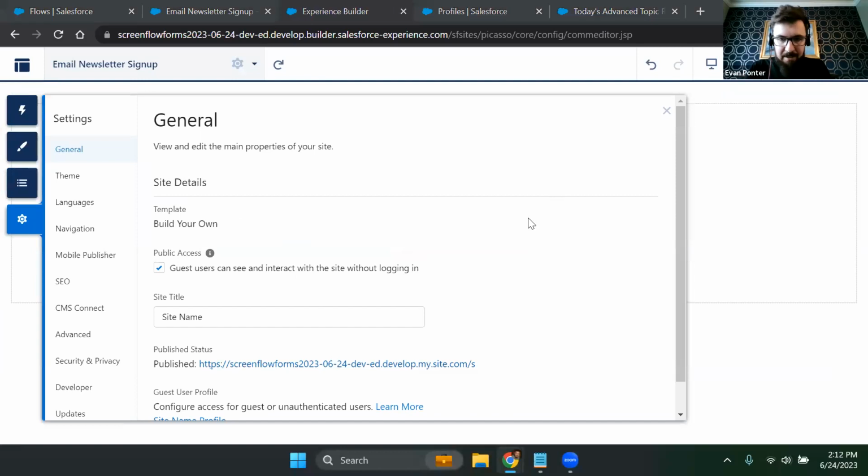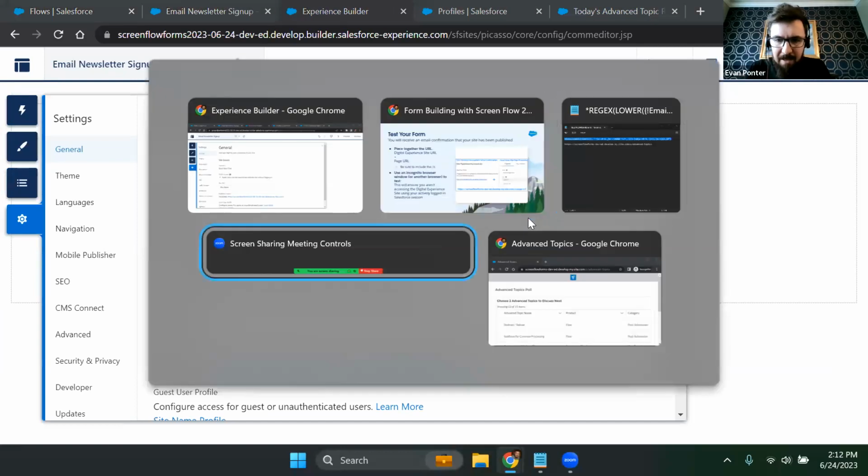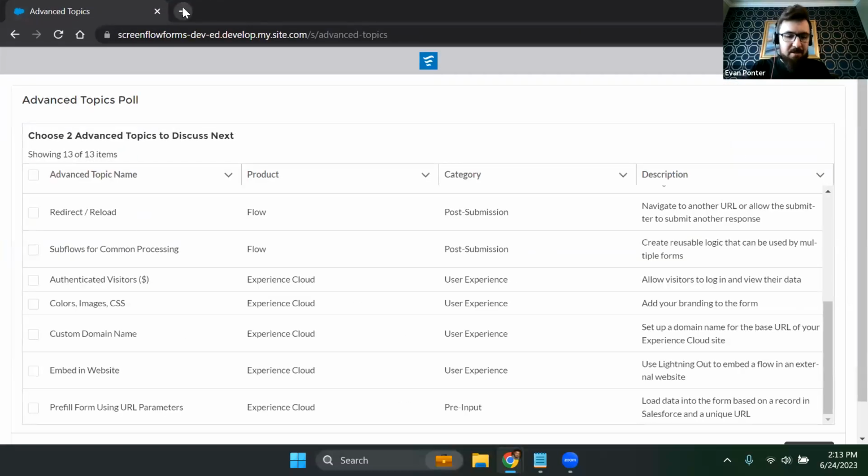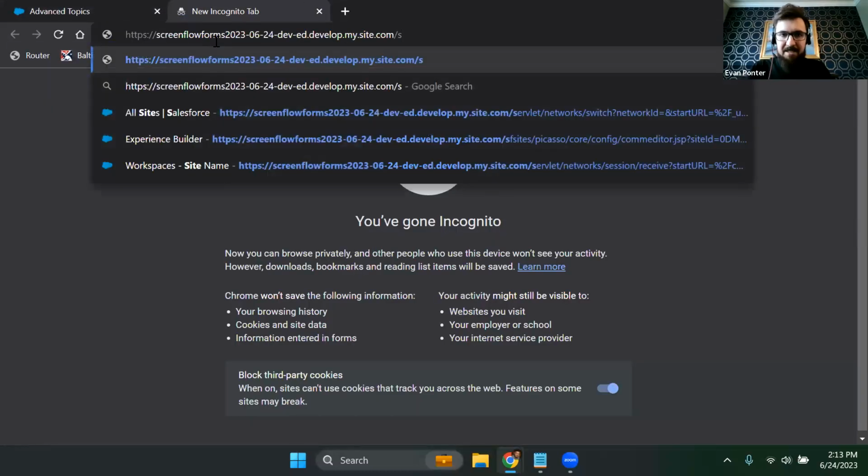And what I like to do is set this up in an incognito window. The reason for that is so that you're not accessing this page as a logged in Salesforce user. Because I'm an administrator right now, so of course I have access to everything. But if we want to see what this looks like for a public user, I want to do it in an incognito window, so it's a different session altogether. You can use a separate browser if you want to do it that way, but make sure you're testing it